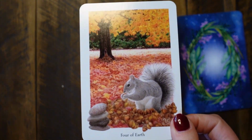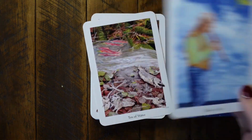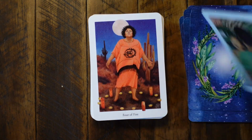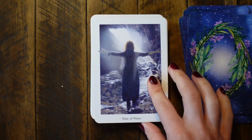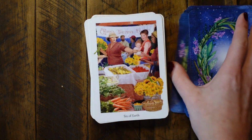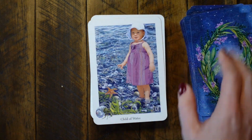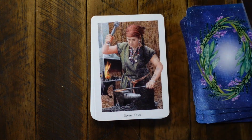This is the best. That's my favorite. So cute. Yeah, I would say this is a realistic deck, for the most part. I feel like what I enjoy about this deck is that it does feel like these realistic scenes, almost like everyday scenes made magical. So it's kind of that happy in-between for me, where it's not getting too realistic, because again, I just don't really tend to jive with modern feeling decks, because when I'm going to tarot, I want to be in a magical world, you know? I love this Child of Water. So probably not the most realistic deck, but